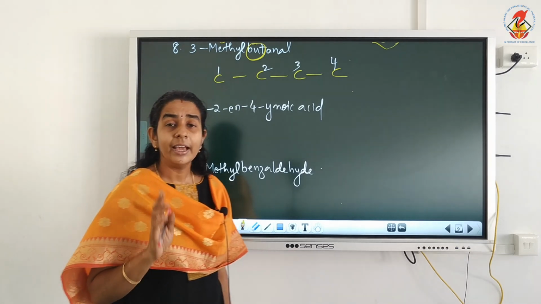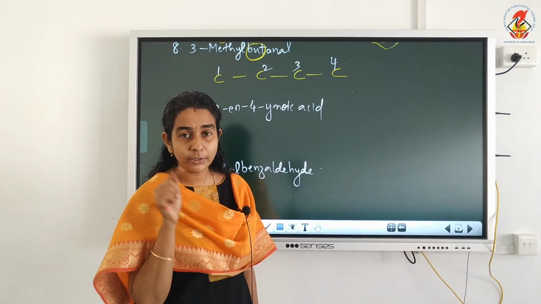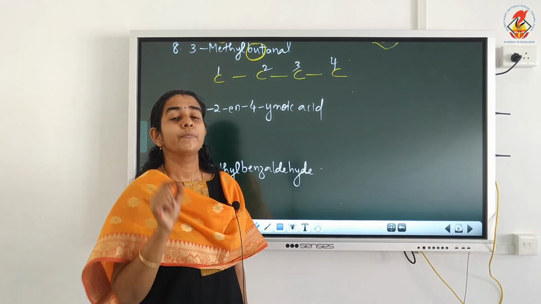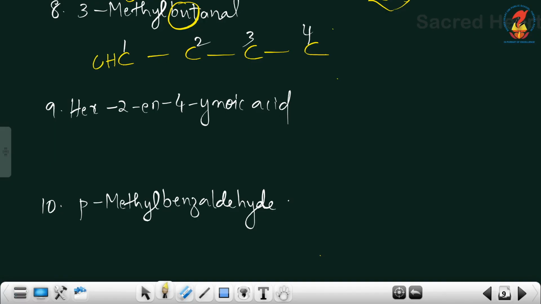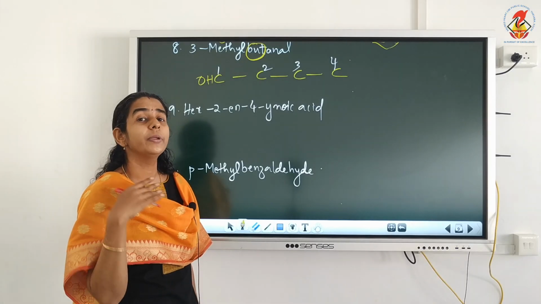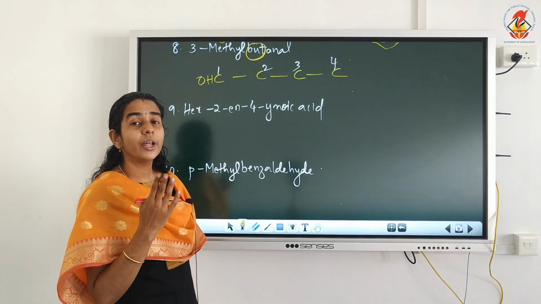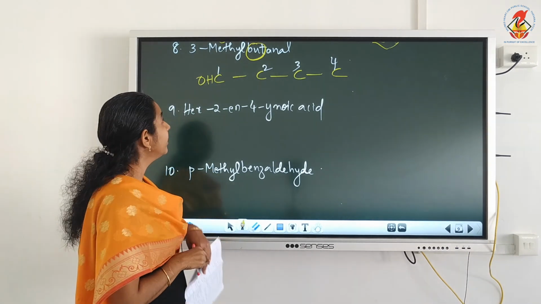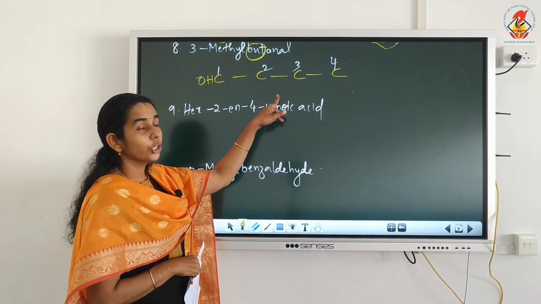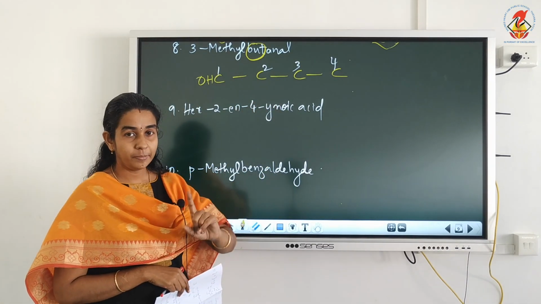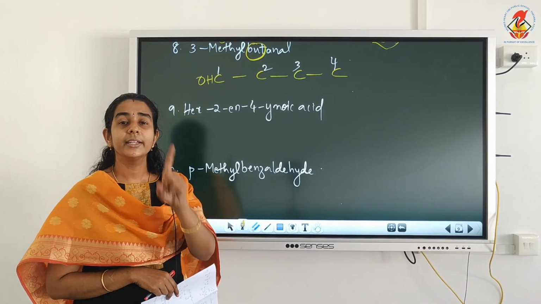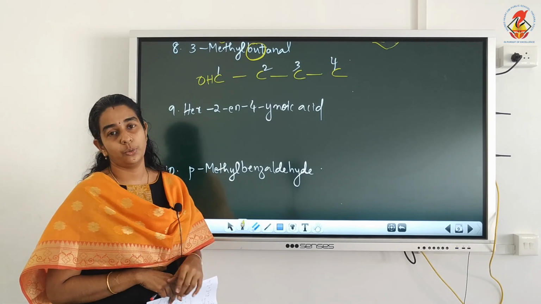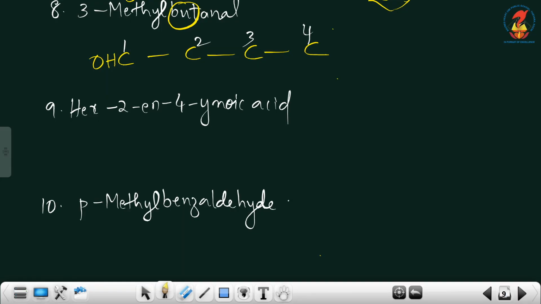It doesn't mean that the aldehyde group is on the first carbon. What does it mean? The first carbon is CHO. So write this first carbon as CHO. What will happen if you write one more CHO group in the first carbon? The number of carbons, instead of 4, will become 5. So remember, if it is a carbon-containing functional group, 1-al means write the first carbon as CHO. Okay. Now there are no other suffixes to write.